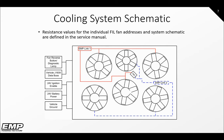A cooling system schematic can be found in the service manual. This will show you the I/O of the system: fan reverse, diagnostic lamp, vehicle J1939, ignition, power and ground. It will also show you the fans and their locations numbered left to right on the system, and what EMP link channel they are on. As we can see from the schematic, EMP Link 1, in red,